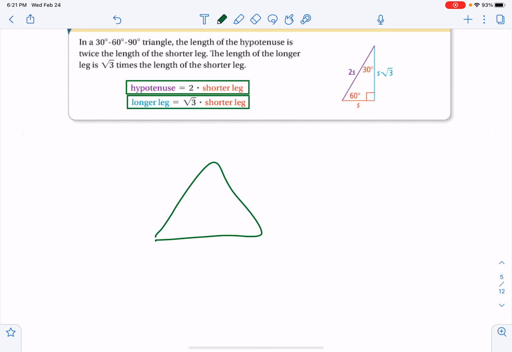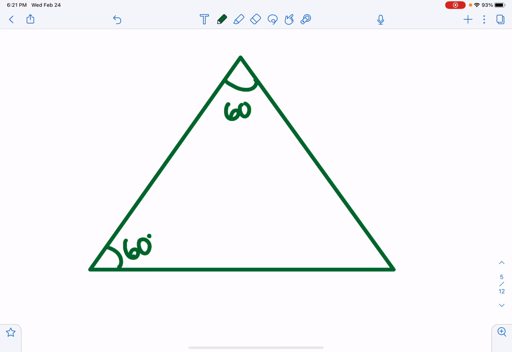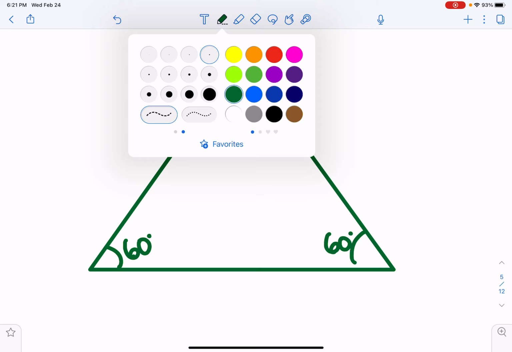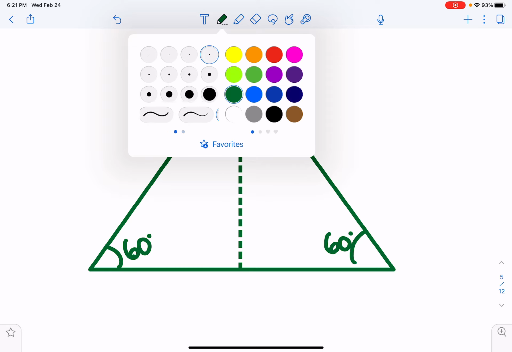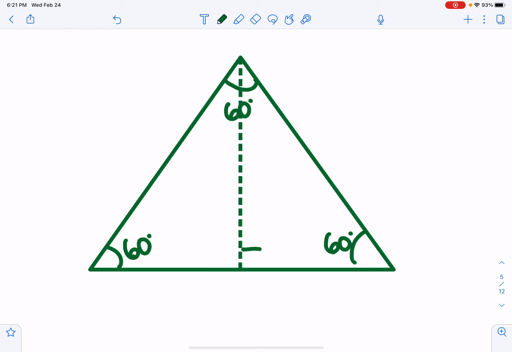An equilateral triangle, they're all 60 degrees and 60 degrees. None of these are a right triangle, but if I draw a line straight down the middle, then this is going to be a right angle. And then, of course, so would this. So when you draw the line straight down the middle, that makes this side 30 degrees and this side 30 degrees. So now if we look at it,